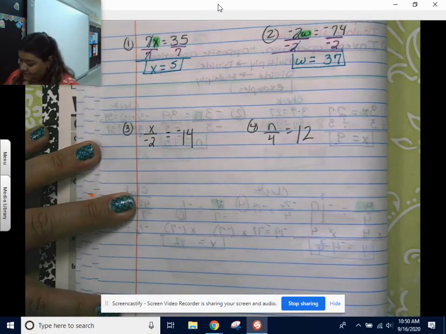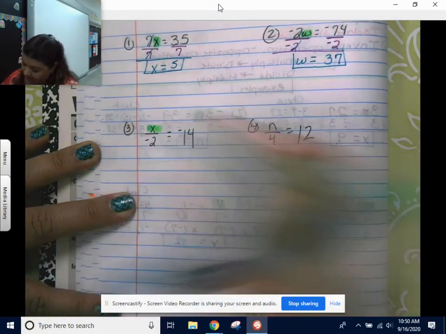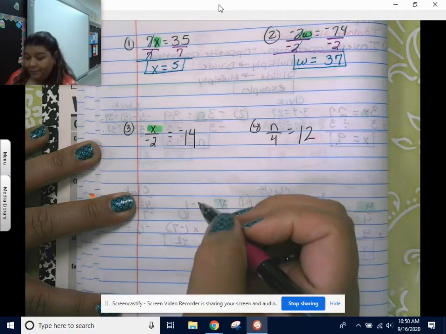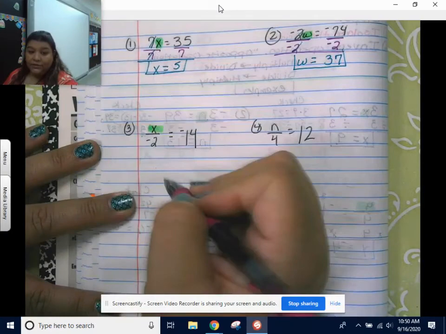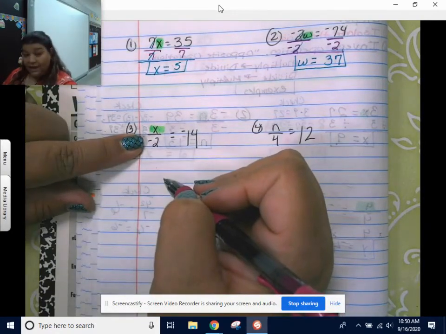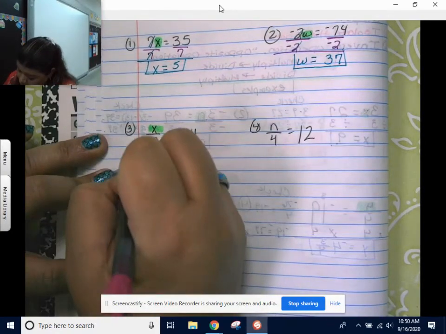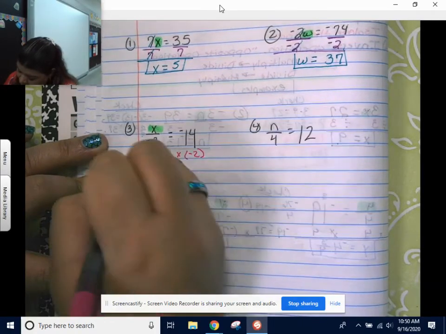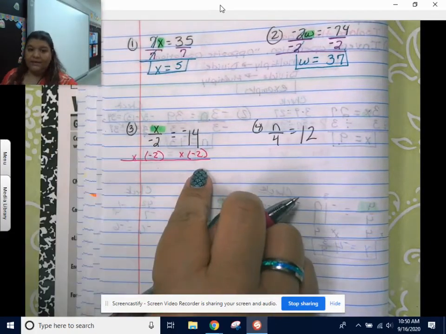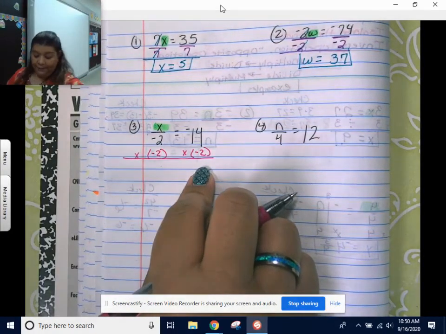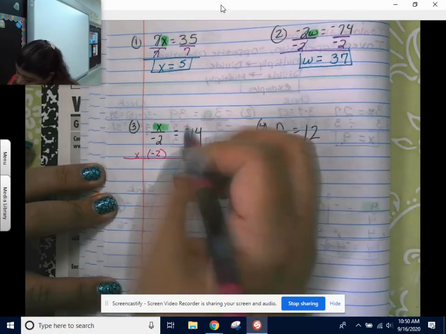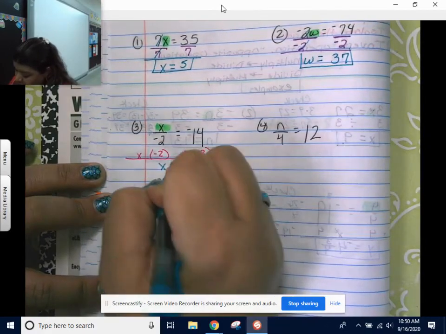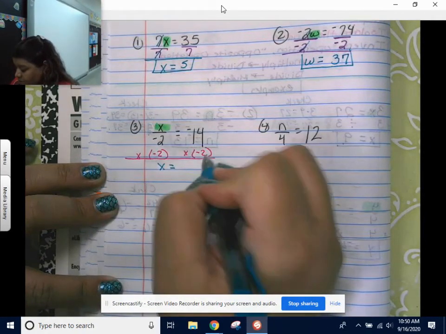Next two, let's see. Isolate the variable, because this means x divided by a negative 2 will give me a negative 14. So I need to get rid of the negative 2. The operation here is dividing by a negative 2. So the opposite would be to multiply by a negative 2. And I always put my negative numbers in a parenthesis when I do it here, just to remind myself, hey, it's a negative, it's not subtraction. Okay? Now these cancel, these undo each other. And now do 14 times 2,